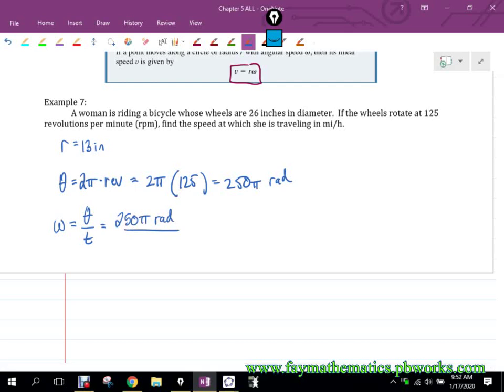What's the time period here? 1 minute. They don't say 1 minute, they say RPMs, which is revolutions per minute. Revolutions per 1 minute is the understood phrasing there. So if I go 1 minute here,